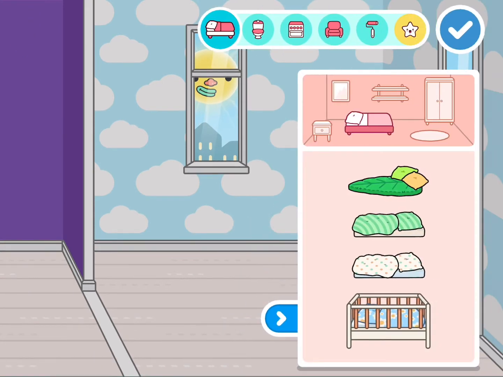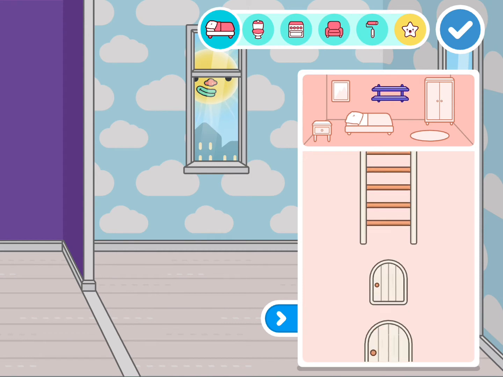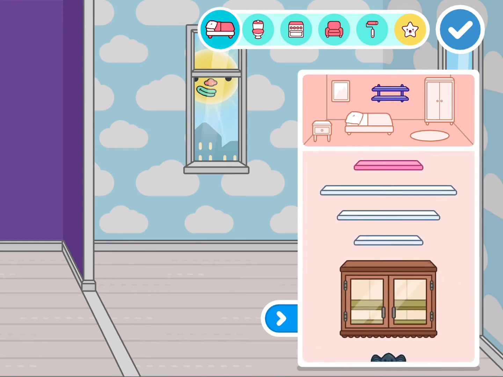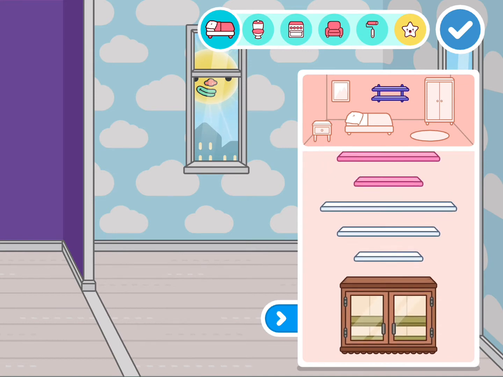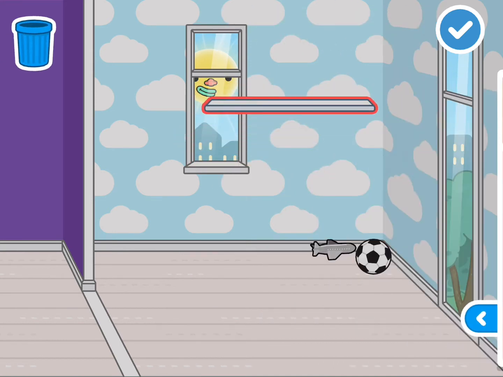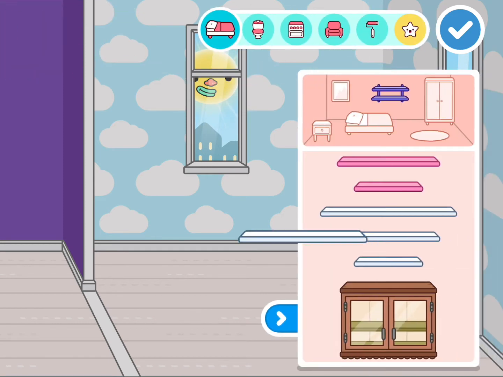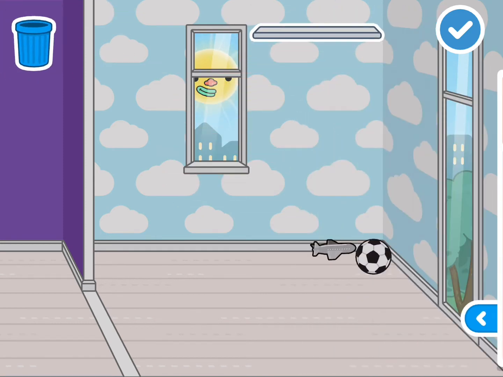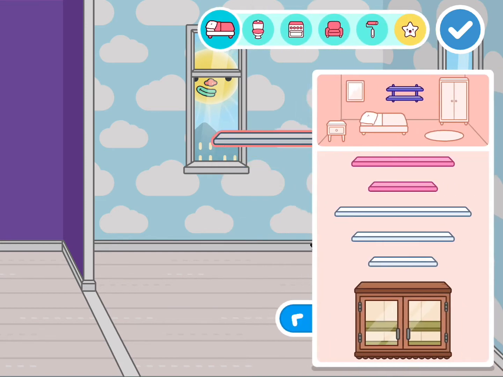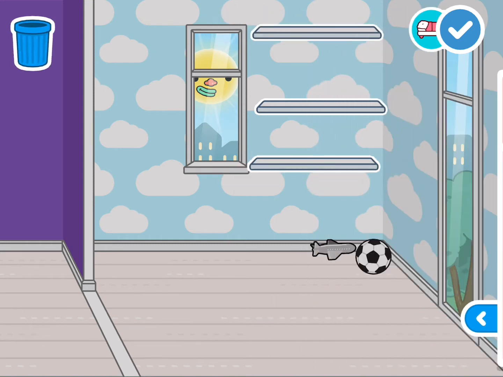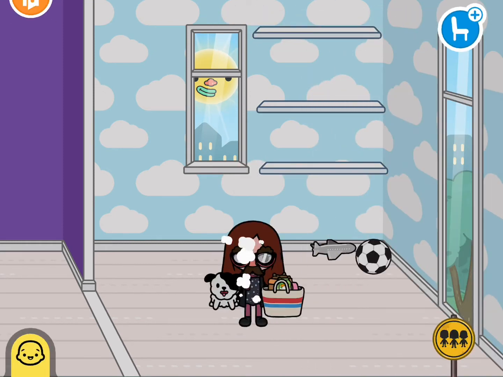Okay, I go to the shelves here and then scroll down. I believe the shelves that are part of the free version are these white ones right here. And you'll see if I pull out the big one, the outline turns red, which means it's not going to fit there. So let's throw that in the trash and grab one of the medium ones. That'll fit. So let's grab a couple more. And I'm just touching these and dragging them to where I want them and then letting them go. You can always move them later if you don't like where they are.